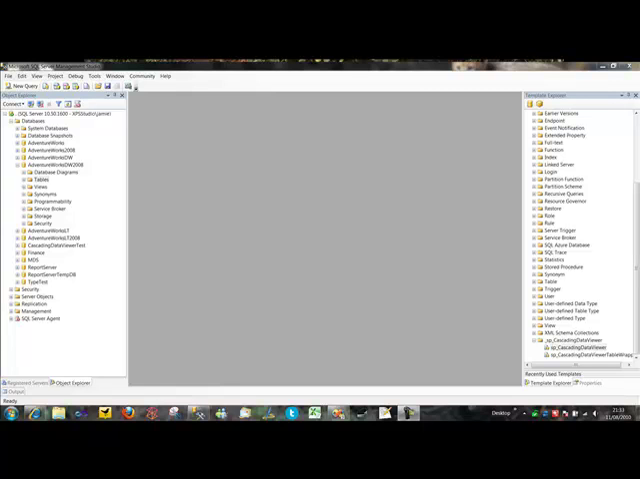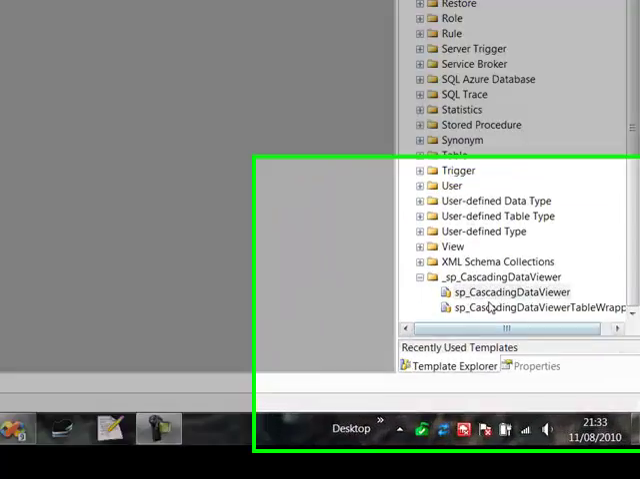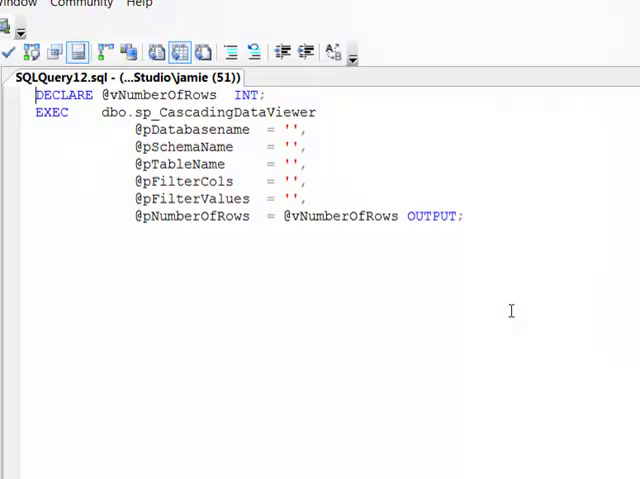I've written called SP Cascading Data Viewer. This stored procedure basically allows you to find out a little bit more information about the data in your database and see how much data exists in the database that is tied back to a particular value in a particular table. Okay, so if I open up my template for SP Cascading Data Viewer, you see what we